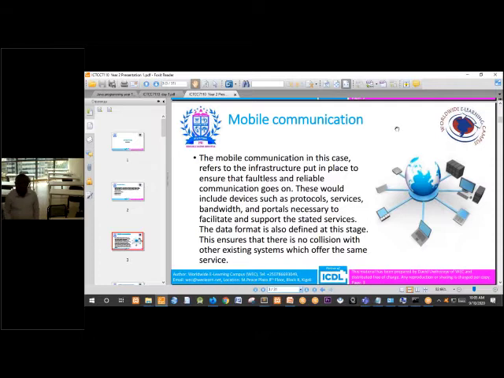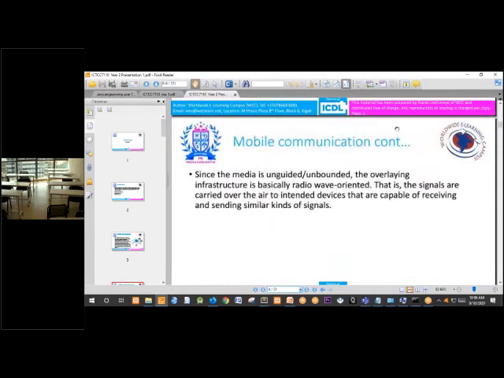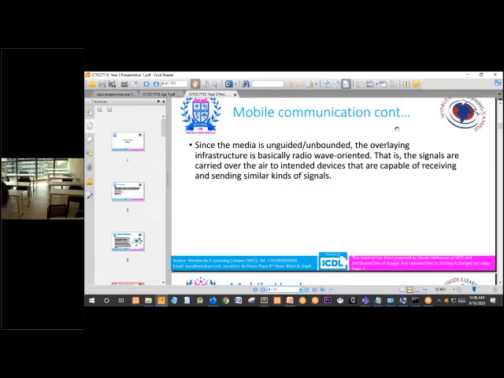So those protocols require bandwidth, devices, and services to facilitate this mobile communication process. The data format is also defined at this stage. This ensures that there is no collision with other existing systems which offer the same service.